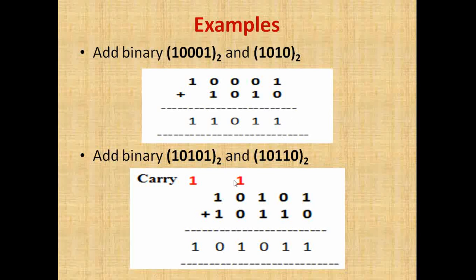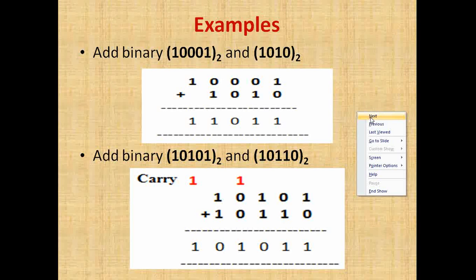Now add this 1 to this 0. So 1 plus 0 is 1, and then again add that result, that is 1, to this 0. So 1 plus 0 is again 1. So we get 1 here. Then we add 1 plus 1. What do we get? 1 plus 1 is 0, and then we have a carry of 1. So we will write the carry here, and since there are no more digits left, we will note down the carry and the result. So finally this will be the addition of these two binary numbers.